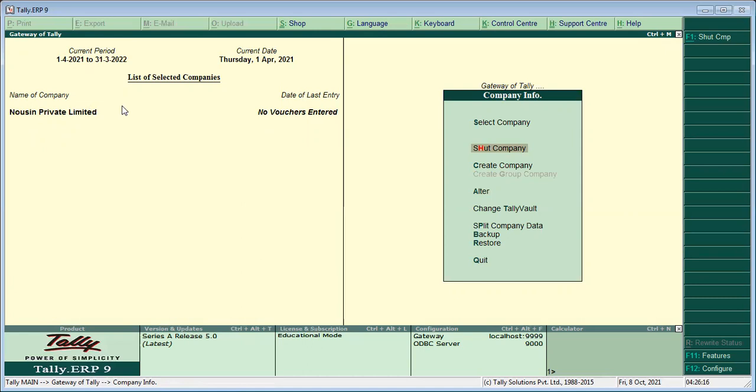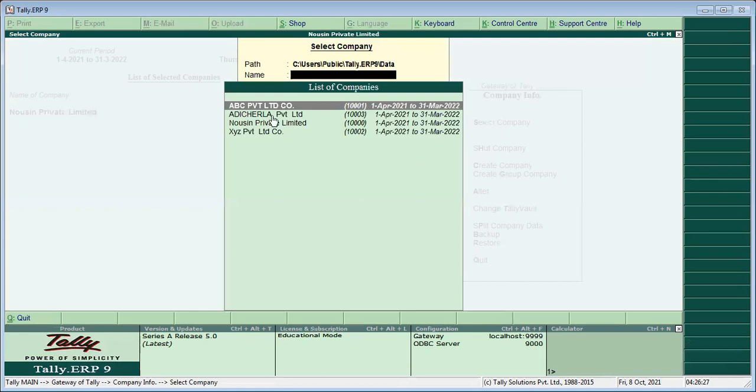If you want to select the company, press capital S on the keyboard. Here we have different company names. Adicharla Private Limited Company is there.